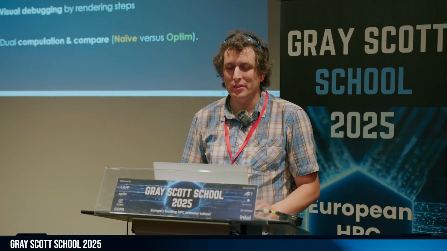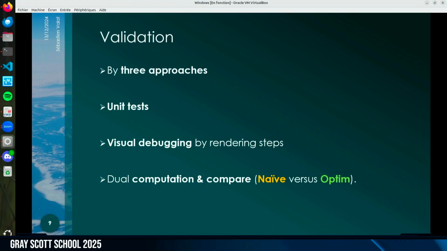So to debug this, I use, let's say, four approaches. The visual approaches I showed before, the unit test, and I also have an implementation which permits me to compute the naive implementation aside the parallel, optimized one, and which compares step after step if I compute it correctly. So I'm pretty sure that my computation is right. Otherwise, you can be wrong very quickly without noticing.